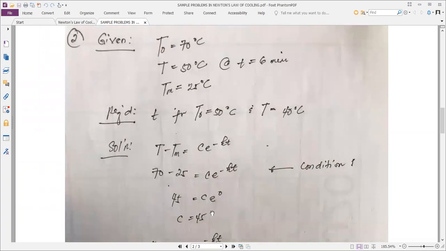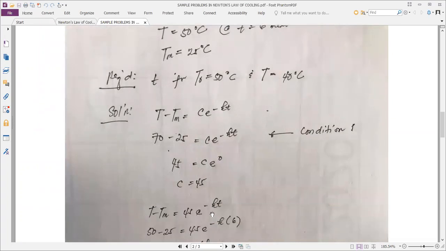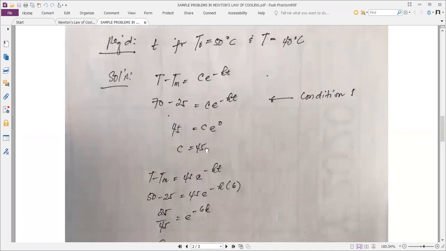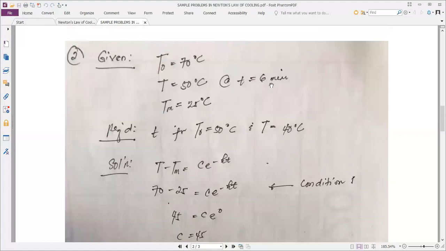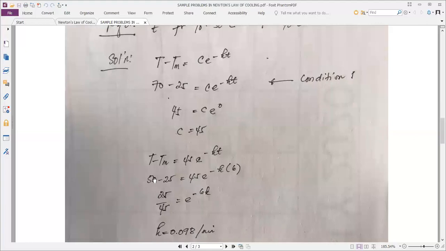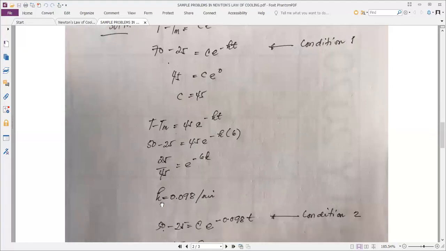Okay? Now, we determine the K. So it says there that it would take 6 minutes for the body to cool to 50. So 50 here for the temperature, T sub M is 25, and you have here 45 e raised to negative k times 6, 6 minutes here. 45, which is the constant we determined in the first condition, was already substituted. That allows us to determine the